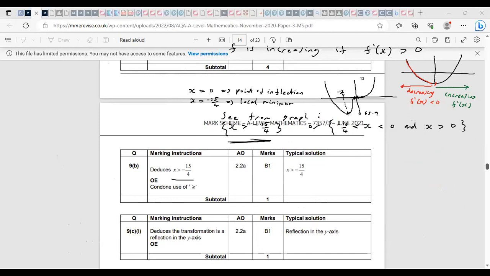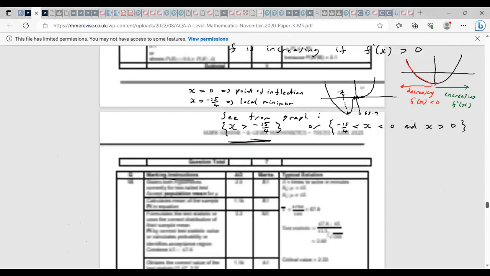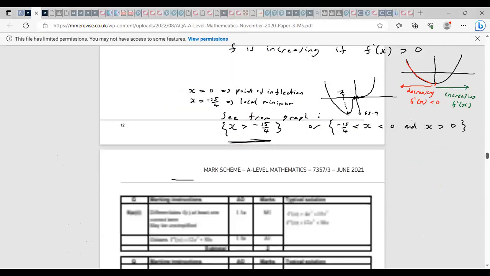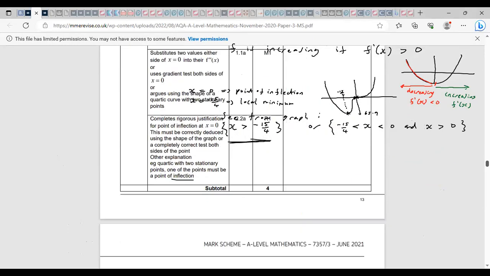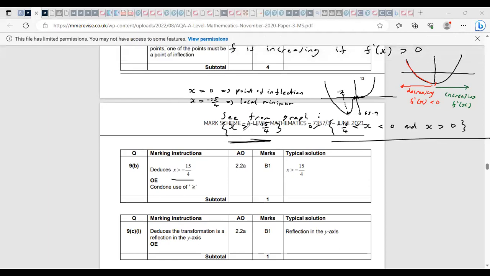If we just look at the notes of the mark scheme, if there are any notes down here, no notes down here. It doesn't matter in these exams whether you say x is greater than minus 15 over 4, or whether you say x is between minus 15 over 4 and 0, and also x greater than 0. You can say either one of these and it will be fine. But generally speaking, it's probably just better to say that x is greater than minus 15 over 4, because